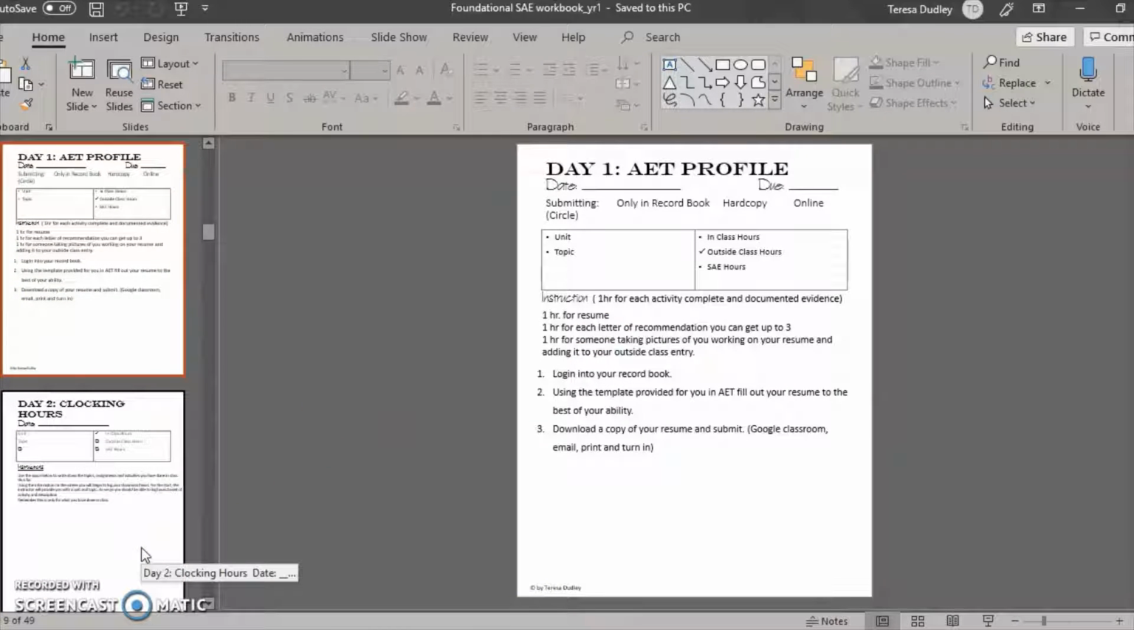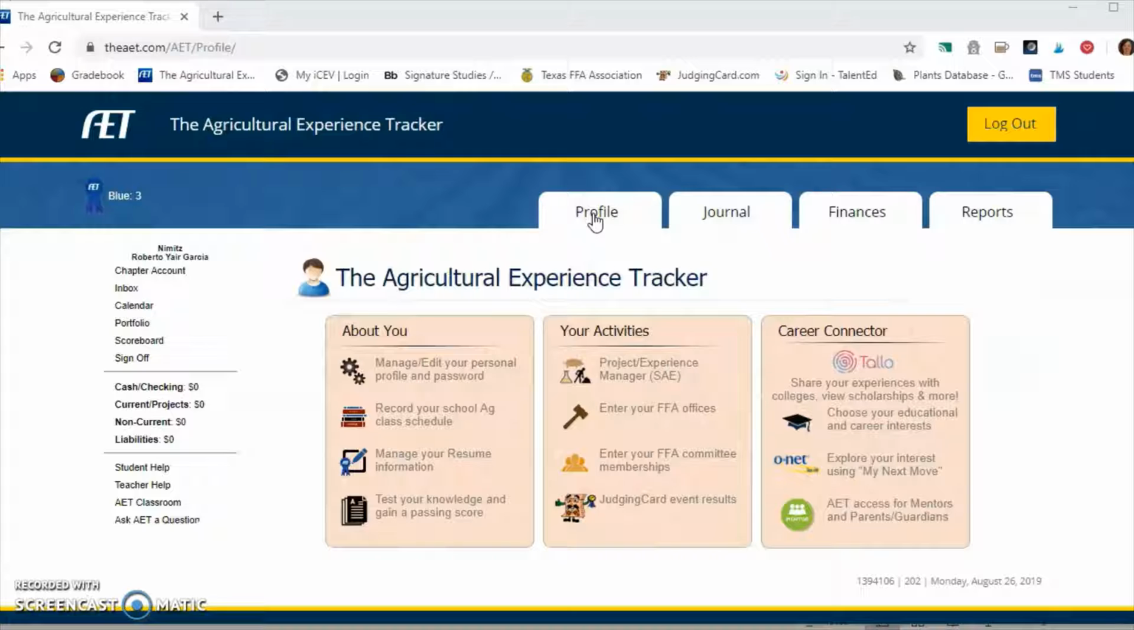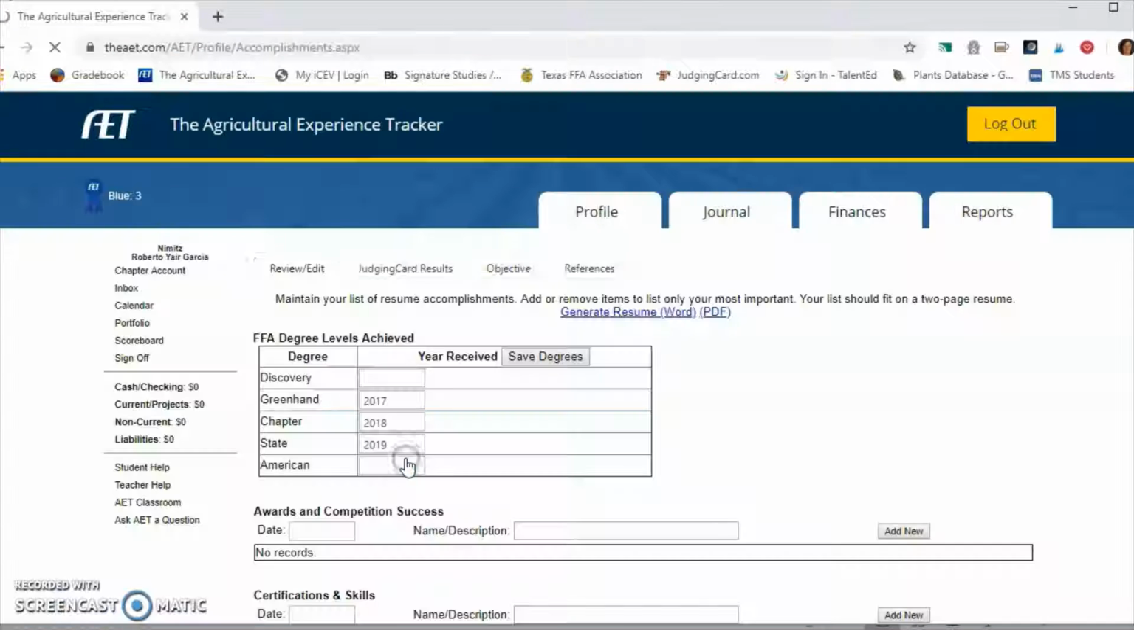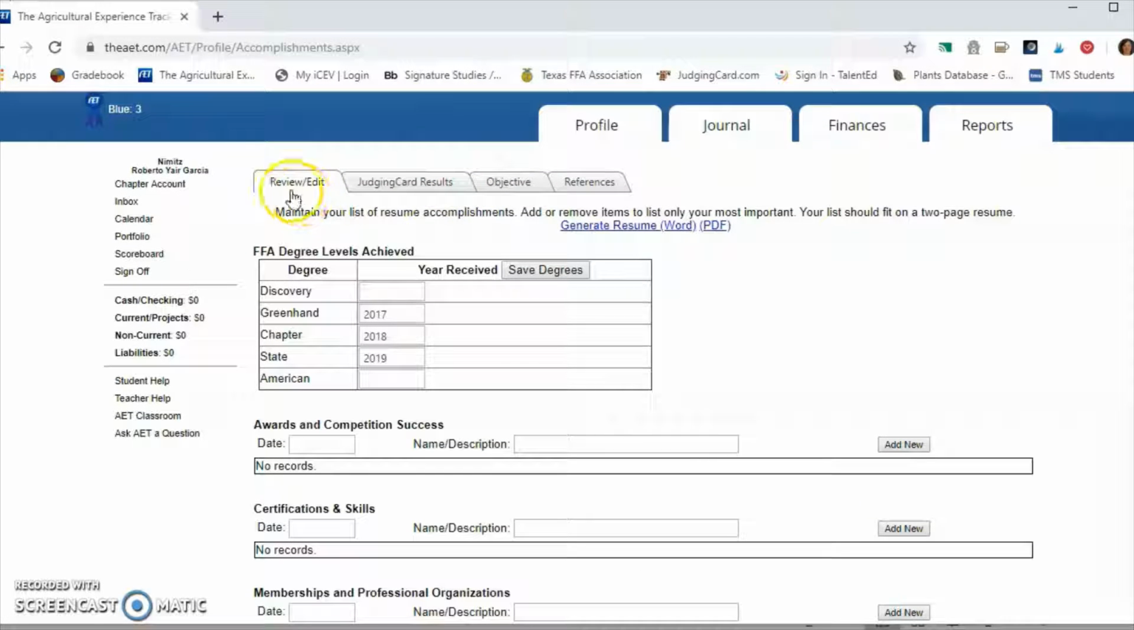Then outside of class, my students are going to be required to set up their resume and gain at least up to 3 letters of recommendation. Again, we're going to switch over here and look at the record book system. I'm going to go back to profile, manage your resume information. So for them to gain their hours, they will need to go in and update their tabs for each section. That will be the part that they will have to generate a PDF. And for me, what I'll have them do is generate a PDF and submit it to Google Classroom with 3